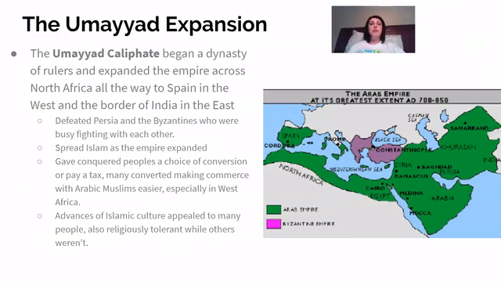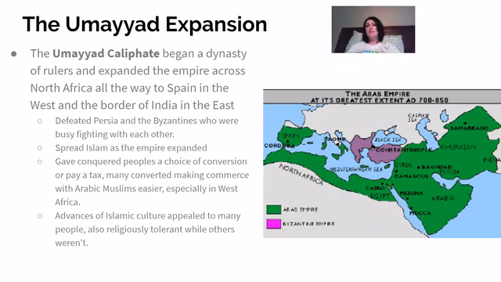So the largest empire that's going to be created under the Islamic world is going to be under the Umayyad Caliphate. The Umayyads were a family who became the caliphs, or the successors or rulers over this empire. By this point, being a caliph basically means that you were an emperor. They are going to spread all the way out to this area. They're much more militant in nature. And again, these are the ones who beat the Byzantines. They're the ones who beat the Persians and make it all the way into Spain.